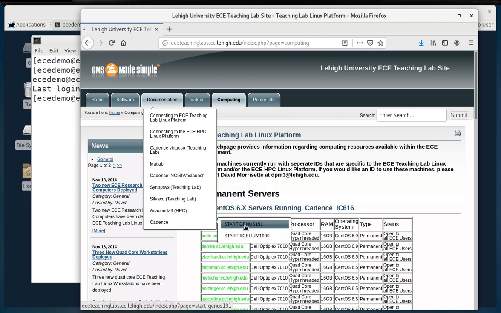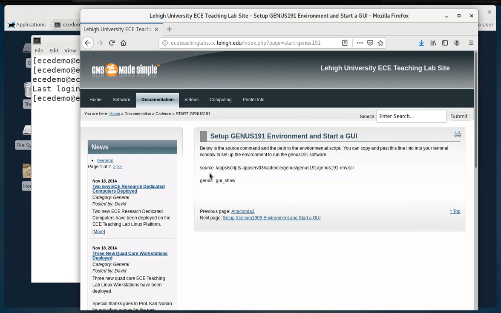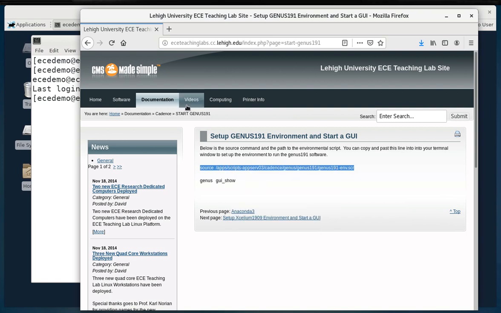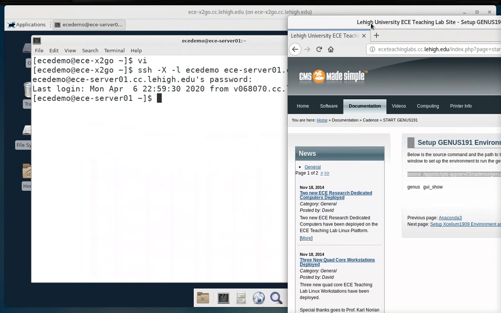We'll click on that, and in there you're going to see where it says source, and then it has this path name, and at the end of the path name is the GENUS191 environment script. We're going to copy that whole line there, and do a copy,